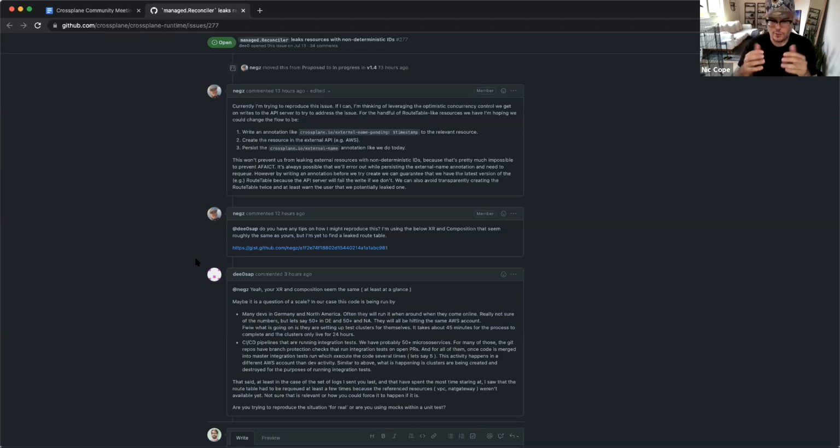Part of this is because Crossplane works in just a loop where it does a reconcile over and over again. The rough ordering of what it does is it first observes the world, and then it creates, updates, or deletes things if it needs to. When we observe the world, we basically diff what's stored in the API server against the real world. And when we create, update, or delete, we write to the Kubernetes API server.